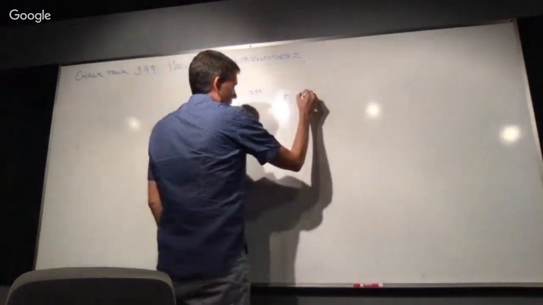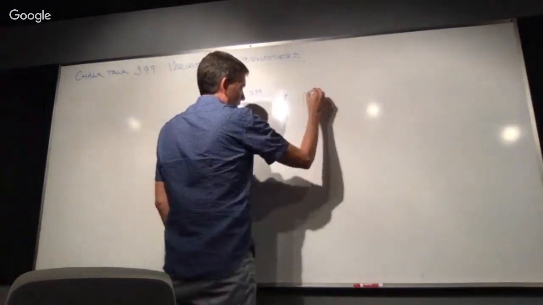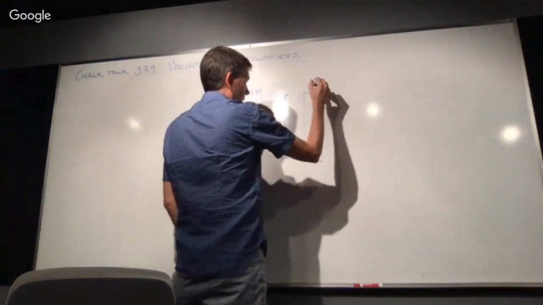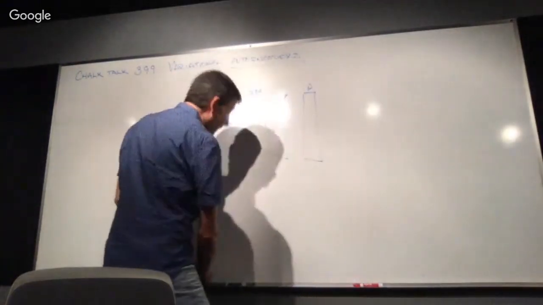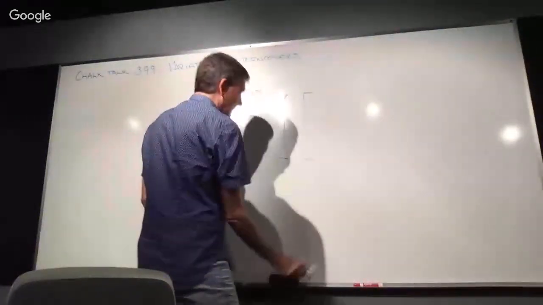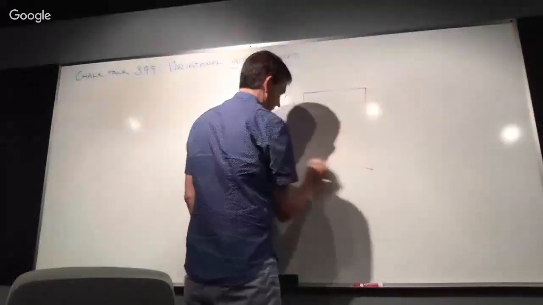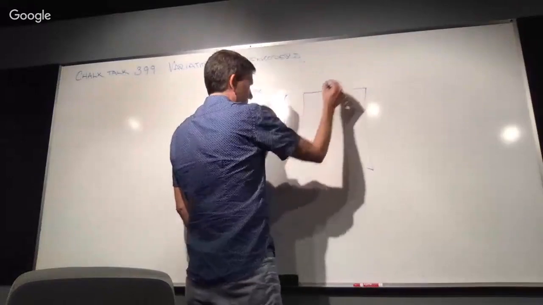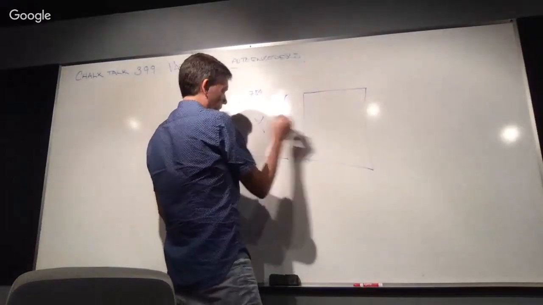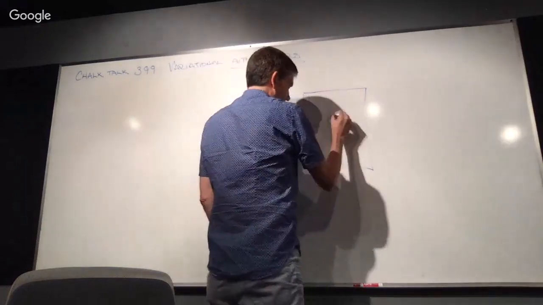I have a vector, but I have a whole bunch of these, right? I have these, this is my X, and this is my row of B's equals